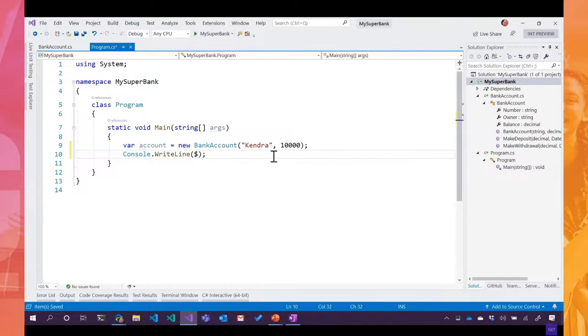Right. So let's go and do our string. And I'm going to put that string interpolation thing there, right? That's important. So we'll say account, and then something was created for Kendra with some money. Okay, so let's go and dig our information out of our object there. So what is it? Account dot account